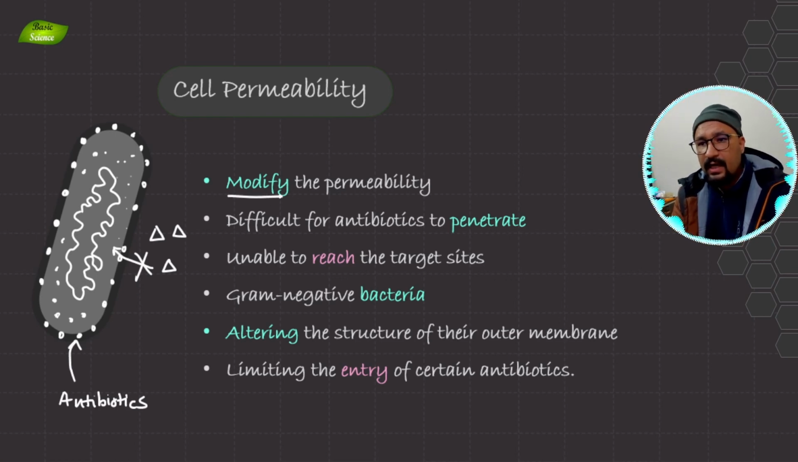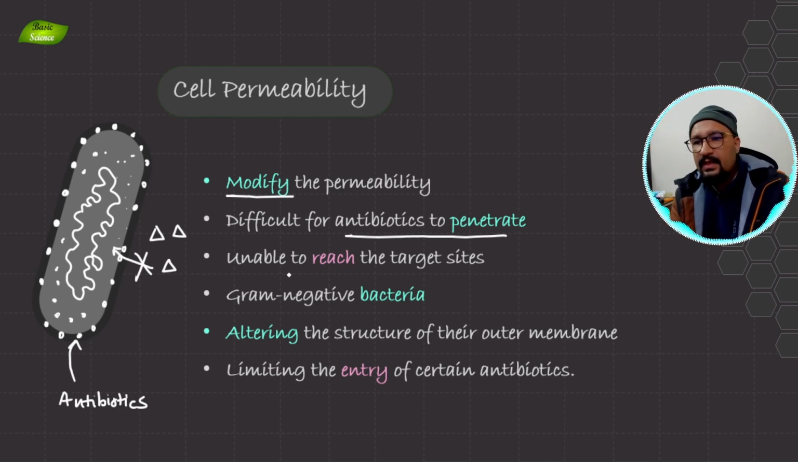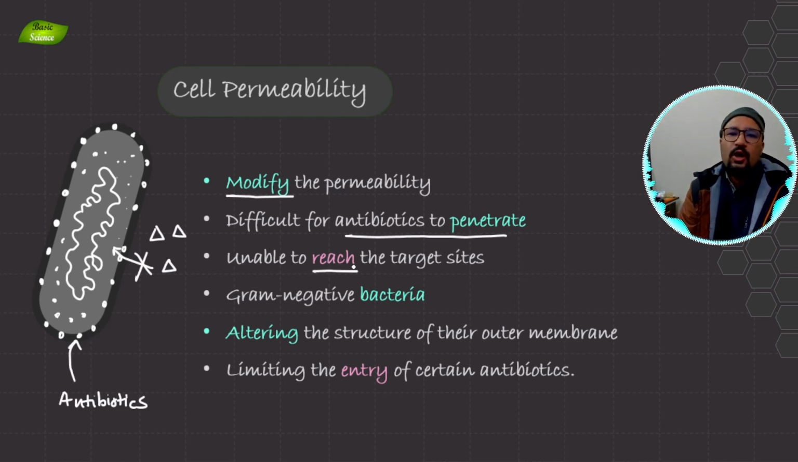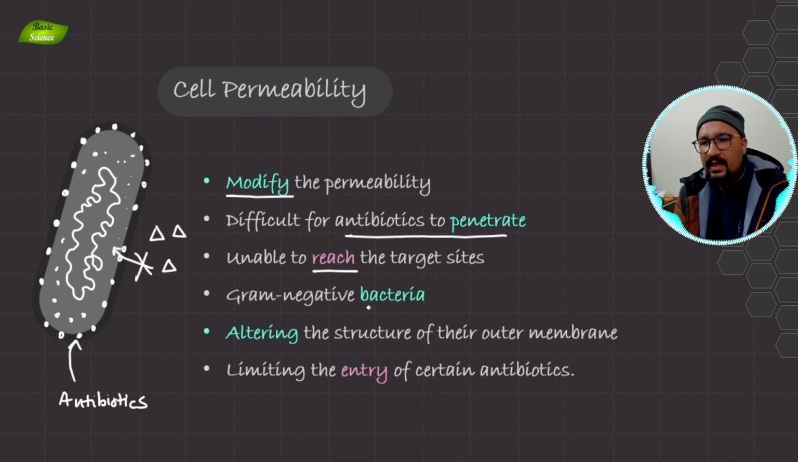It can modify the lipid environment of the cell wall, right? And we know that the structure of the bacterial cell wall contains lipid, peptidoglycan, all these molecules, and they can be modified by bacteria. Because of that, it is very, very difficult for the antibiotics to penetrate inside the bacteria. Because of that, it is not able to reach the target, and this mechanism is known basically in gram-negative